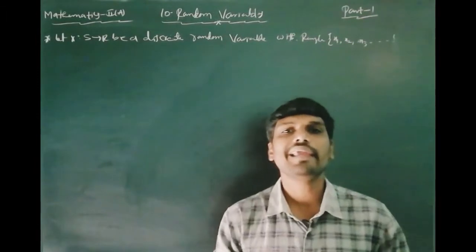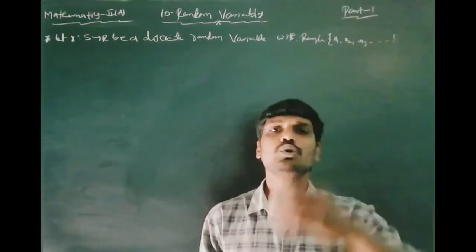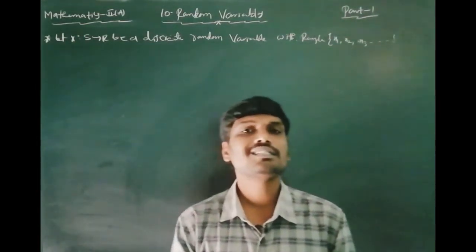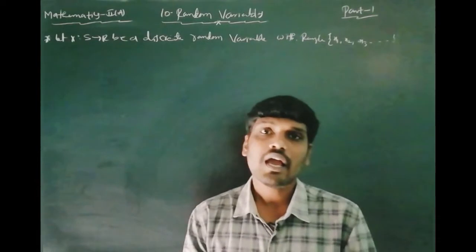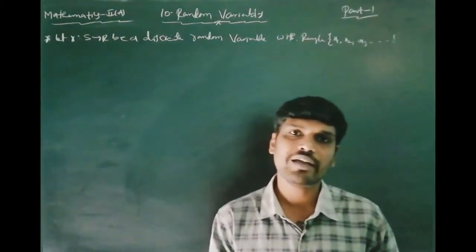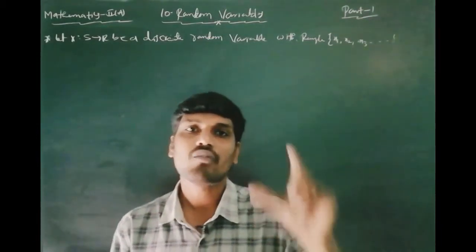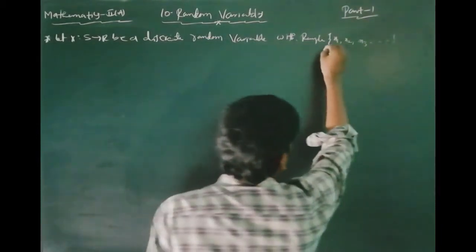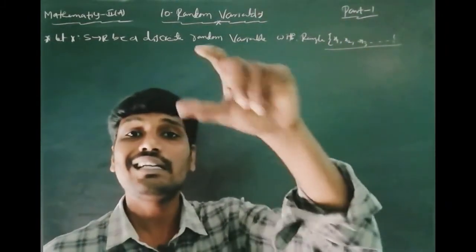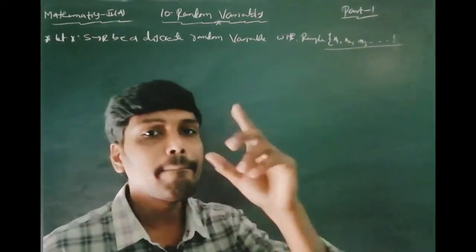what is the mean, variance, standard deviation. First we go to the mean definition. What is a discrete or discontinuous random variable? If x from s to r is a random variable, and the range of x is a countable or finite set, countable meaning the range is x1, x2, x3 and so on up to xn, then that is called discrete or discontinuous. In this case